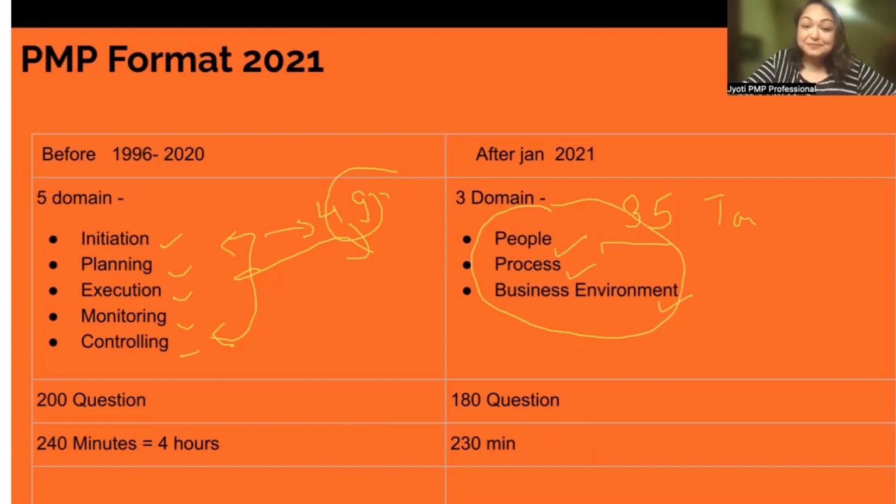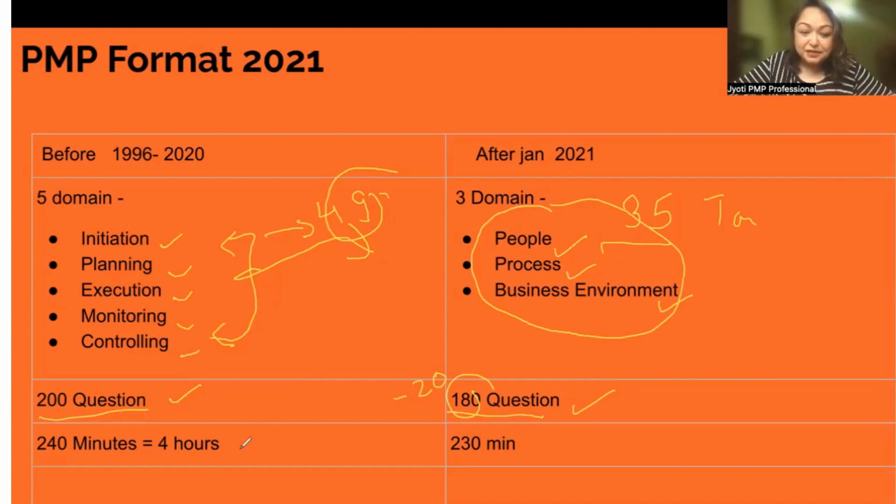Now, a good thing has happened. Earlier, there were 200 questions. Now they have 20 fewer, 180 questions. That's very good news, because the paper is really lengthy. The questions are really, really long. You have to understand the situations, with so much history behind every question. So when you answer, you need time and full focus on the question. With fewer questions, you can focus on every question more and have much more time to give your answers correctly.